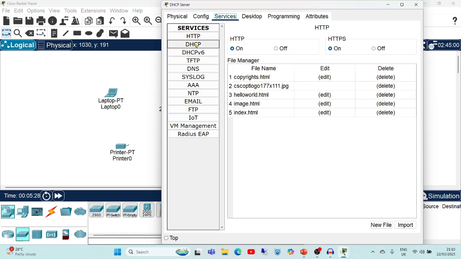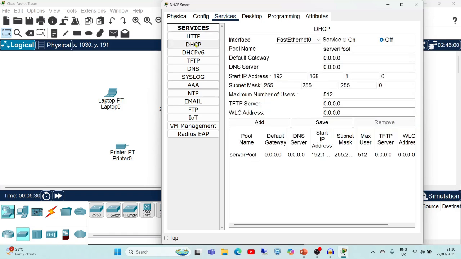So from the list of services, select the DHCP service. In the DHCP service, use this FastEthernet 0 and the service option, you have to make it on. Again, the default gateway will be 192.168.1.1. Again, DNS server.